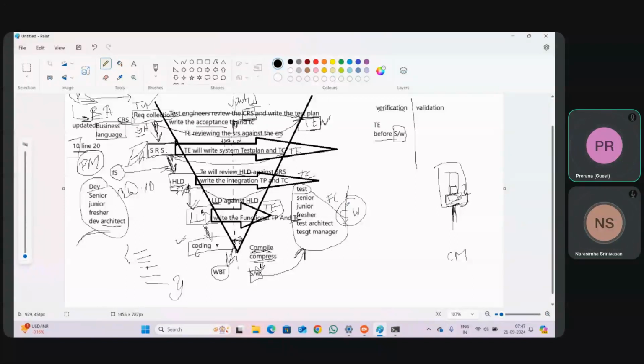Okay, sir. Assume we are giving the inputs, both positive and negative inputs. As soon as you find any defect, what will you do? You will communicate the defect to the developers. Developers, what will they do? You will open the source code, analyze the code again, find the defect, and fix the defect.